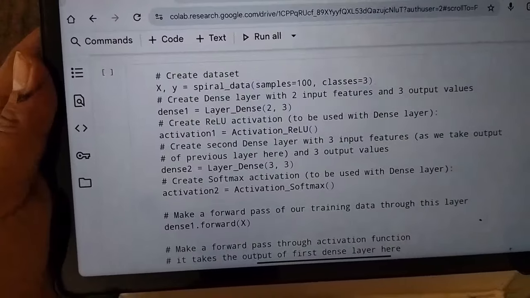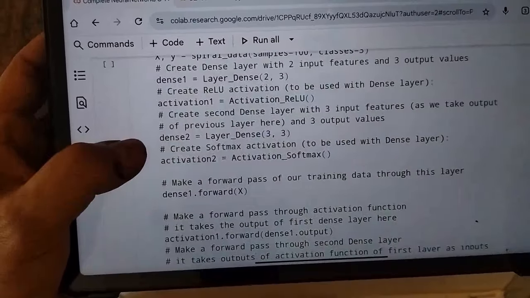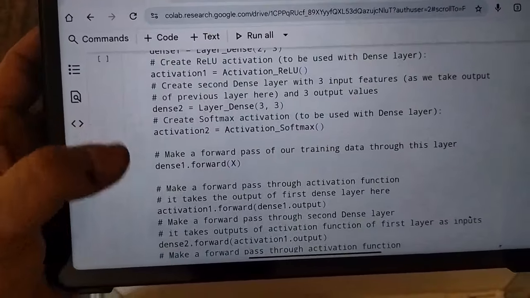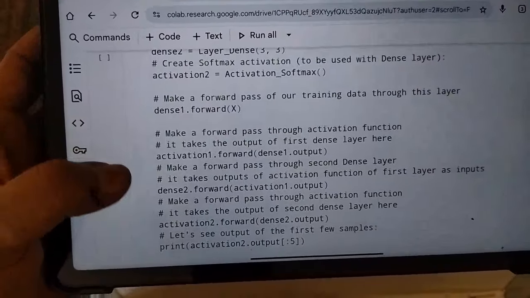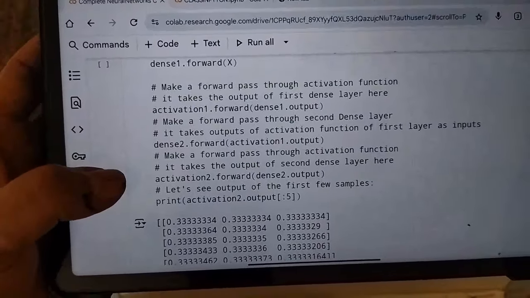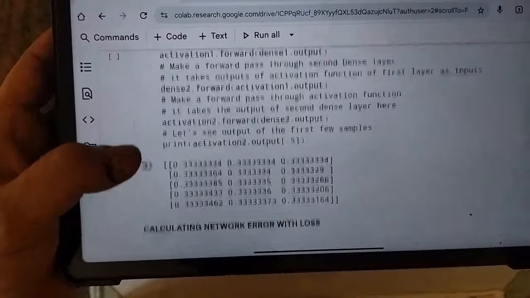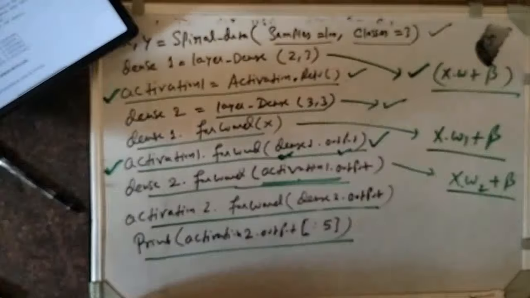Okay, so I think that now it is visual. So x, y, then after that Dense 1 layer activation function, then Dense 2 activation function, then we are using the forward pass, then the activation function we are applying is ReLU, then again we are using the forward pass, then after that the activation function, and at last we get the result. So what is going on? Already we drew the figure.